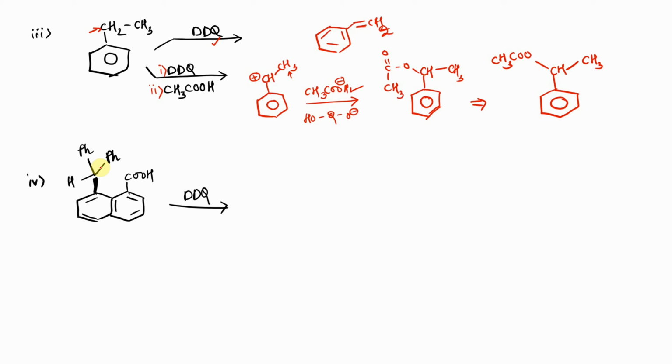First we'll have the benzylic hydrogen hydride being removed because of the DDQ. Okay, so once you treat that, we'll get Ph, that is the phenyl ring, and a tertiary carbocation. Now if you split the structure of COOH, we have C double bond O and H. The lone pair of electrons on oxygen will attack the carbocation.